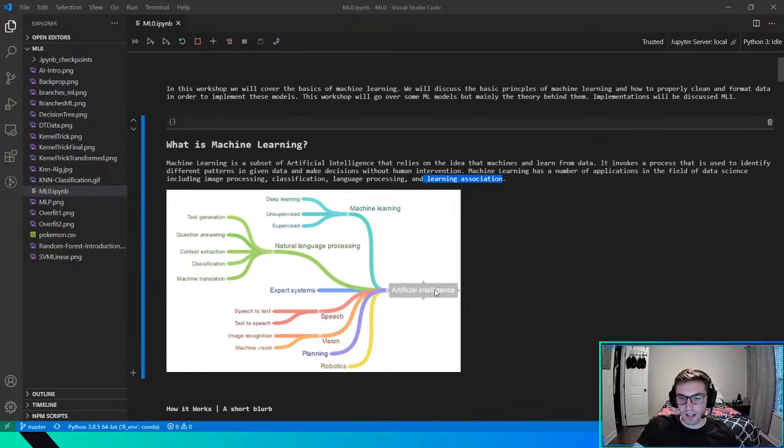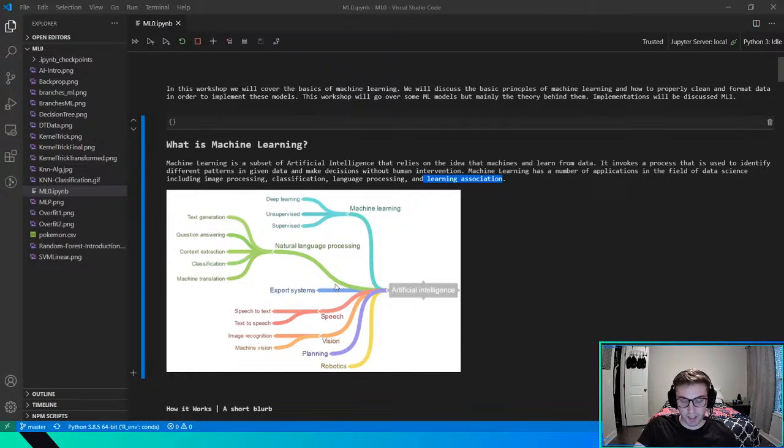But based on the graph, you can see that artificial intelligence is this overall idea that machines can learn some type of latent relationship, but machine learning is a subpart where we have supervised, which is the idea that you have data and you have some type of target, where given some data, you try to produce the same target. Unsupervised is something like clustering algorithms, where you don't have a target, but you're just trying to group things together in a certain way. And then deep learning, which is the new hot topic, is using neural networks in specific ways to create really complex relationships and get really good results depending on the application.